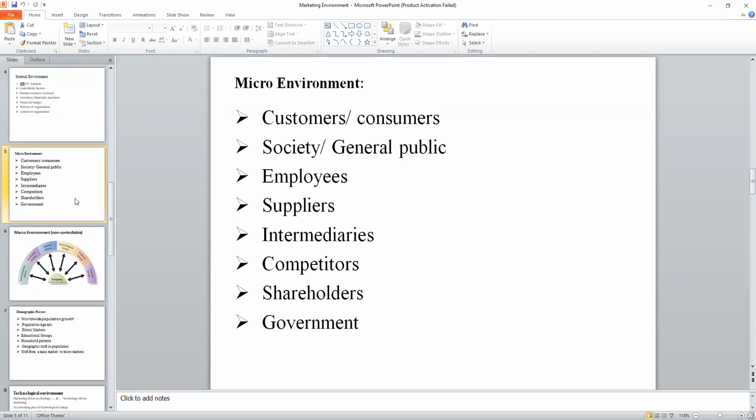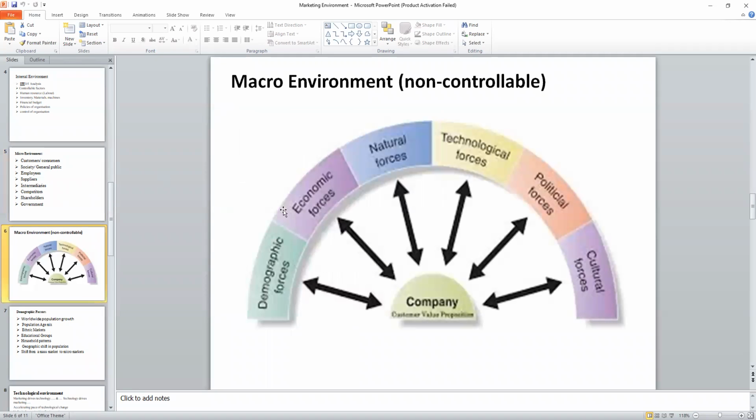Shareholders are very important as they finance the companies. So even they are to be satisfied. And the government, the company should adhere to the norms of the government. So these are with reference to micro factors. Moving ahead with the macro factors are demographic factors, economic factors, natural forces, technological forces, political forces, and cultural forces. Now here,